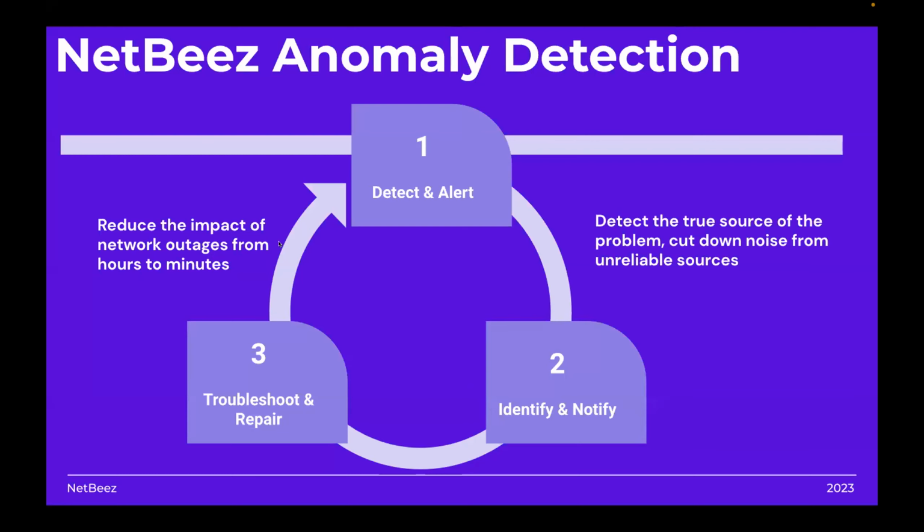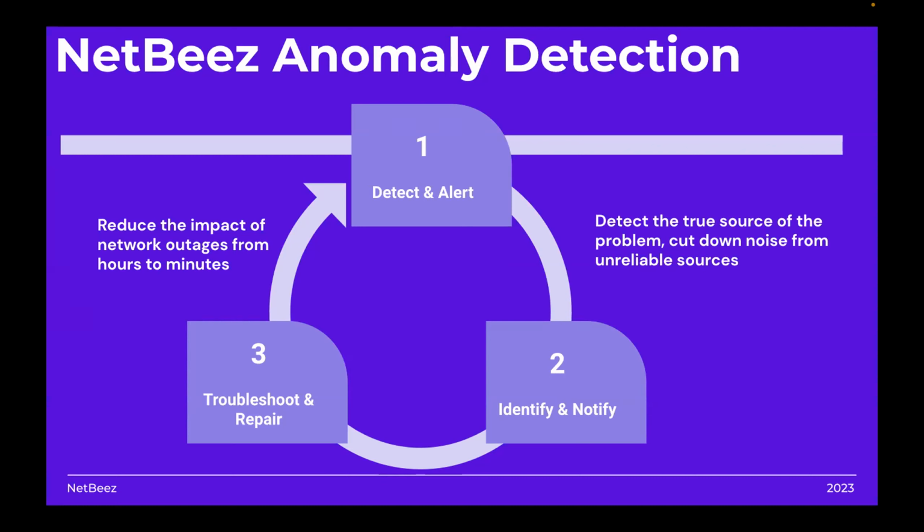So the benefit of such a deployment is, of course, to rely on the NetBeez anomaly detection system to be proactive in detecting all those situations that might impact your hybrid cloud performance. The important thing is step one, really: to detect and alert the issue. We'll see how we can achieve that with, for example, a watermark alert that tells you if the latency crosses a certain millisecond value,